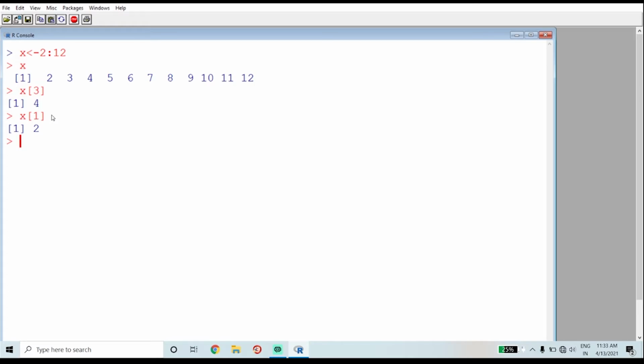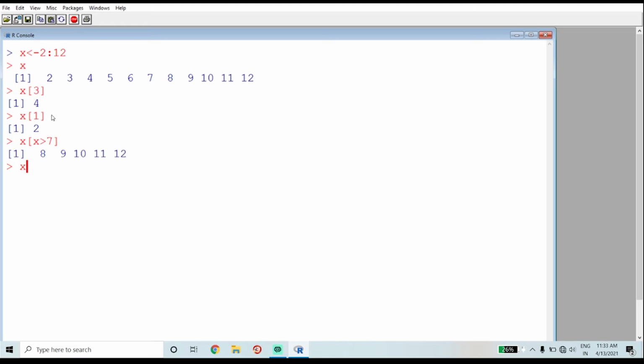Suppose I want to obtain the elements which are greater than 7. So I make use of the command, from the data set x, x square bracket x is greater than 7. Press enter. So I obtained the elements which are greater than 7. Suppose I want to obtain the elements which are greater than 7 but less than or equal to 11.